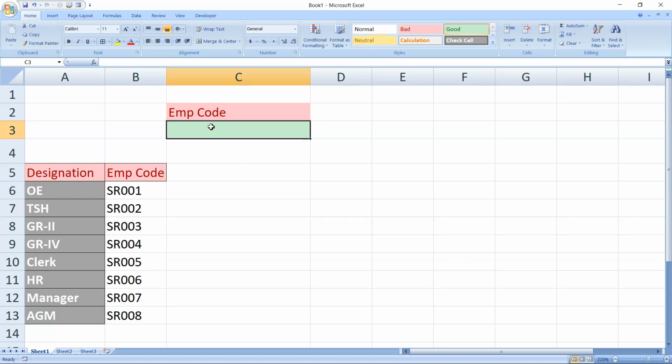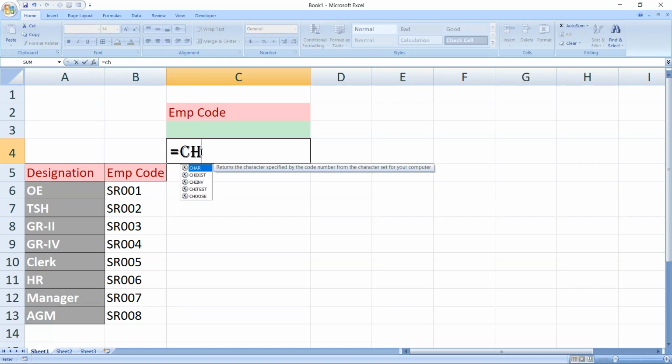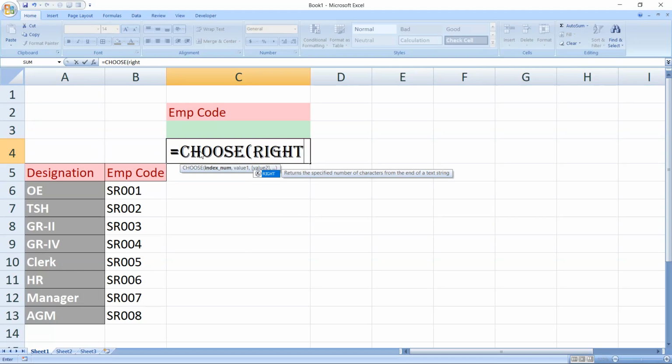So we'll be giving an employment code here, and based on the employment code, the designation against that code will be shown, and I will be using the CHOOSE function. I will be extracting one character from the value which I will be providing in this particular cell. I will be extracting the last character of it, and based on the last character the position will be in here. So this one,